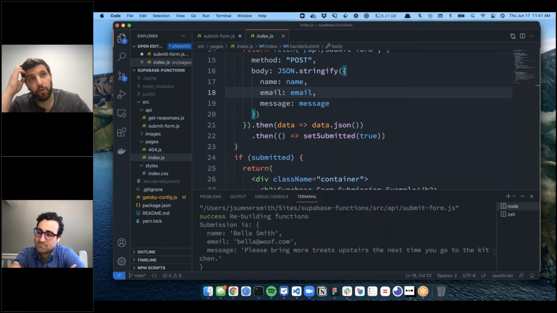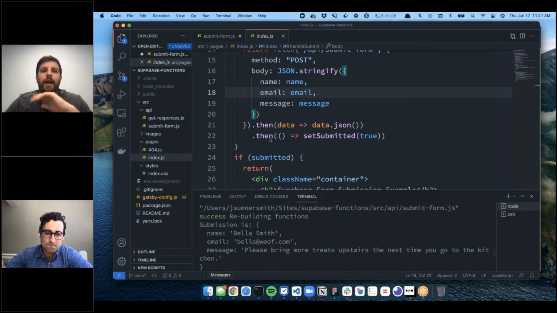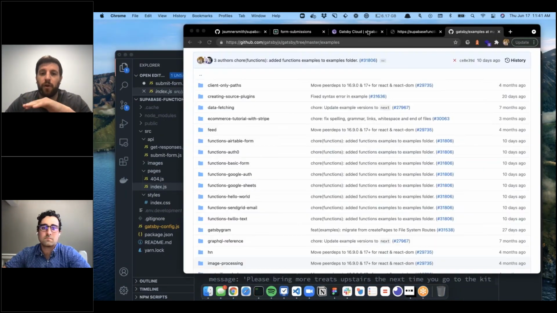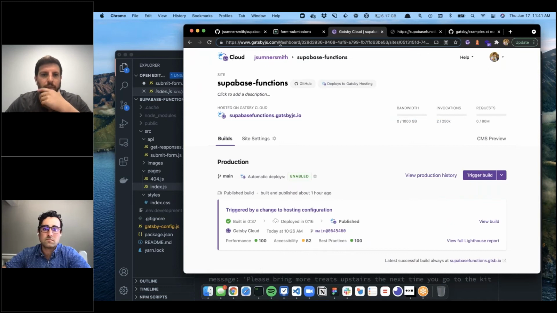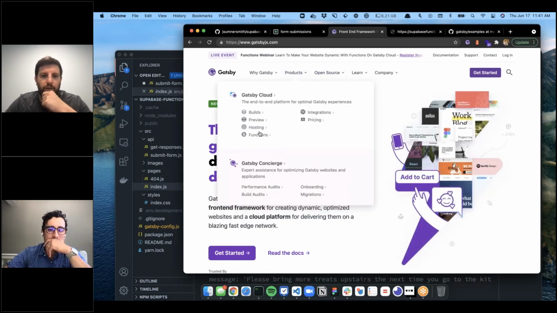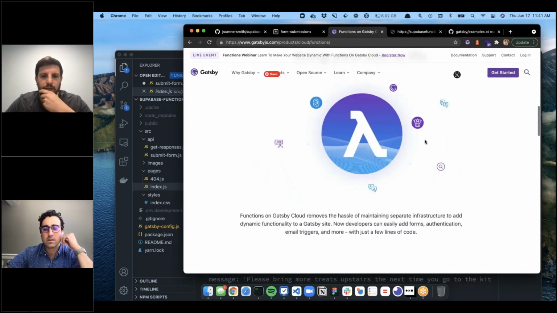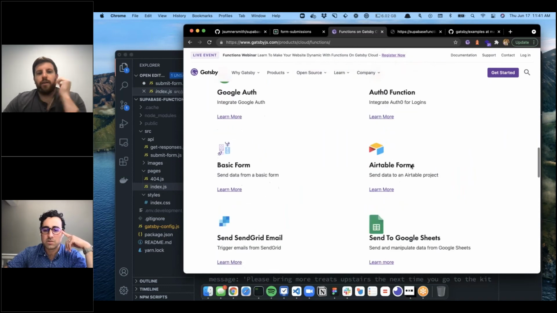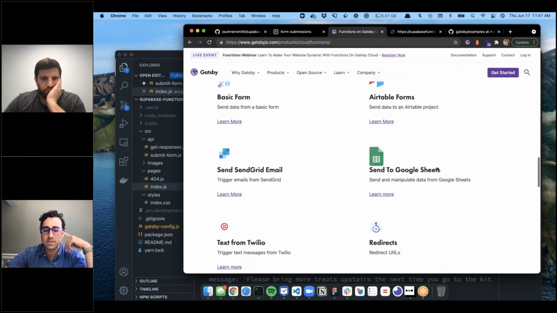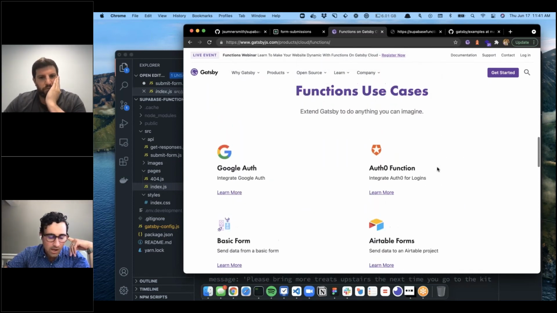If you go to GatsbyJS.com and go to the product section, and click on the functions dropdown, the examples are actually linked from the marketing page. So that's a quick place to get it. You'll get most of the main ones right there. I can pull that up real quick. I think you'll see we've got most of those use cases listed out here.